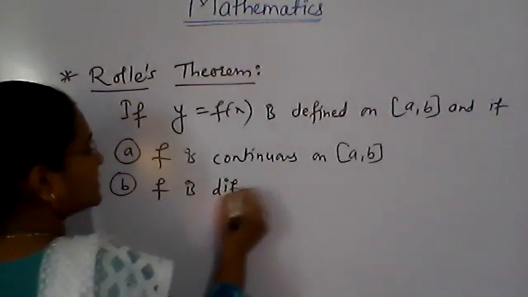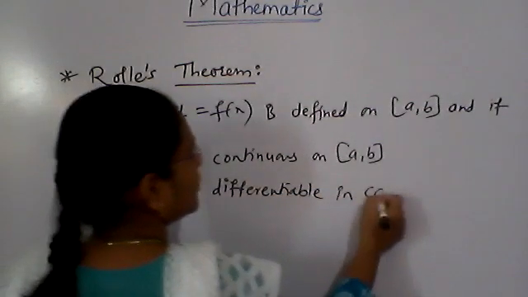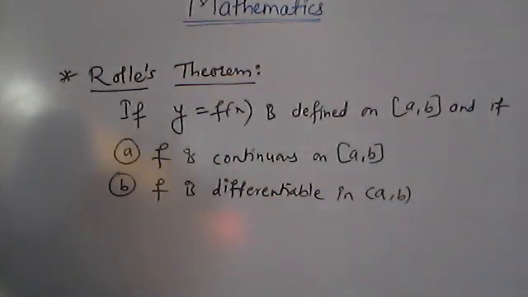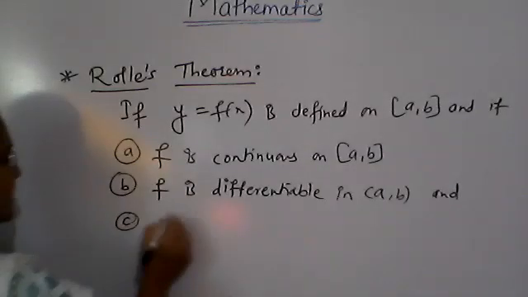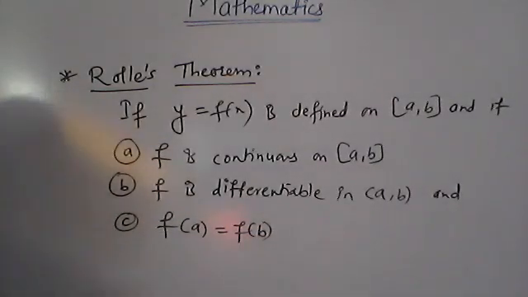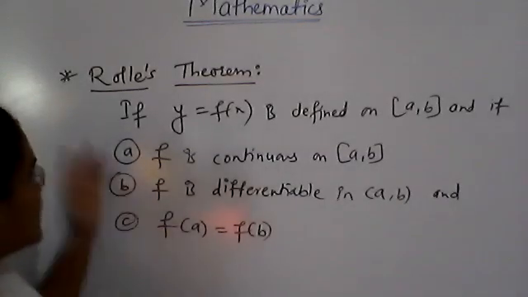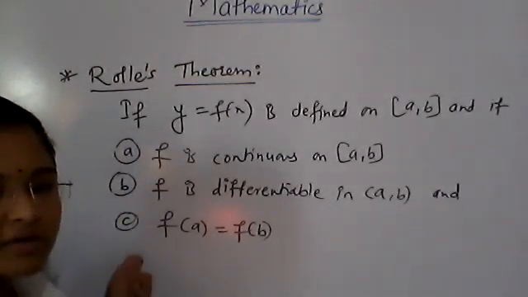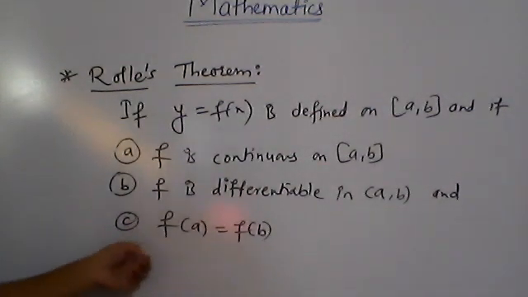And the last one: f of a equals f of b. If we compare both theorems, Rolle's theorem and the mean value theorem, the first two conditions are common. Now there is a change in the third condition, that is f of a equals f of b, then